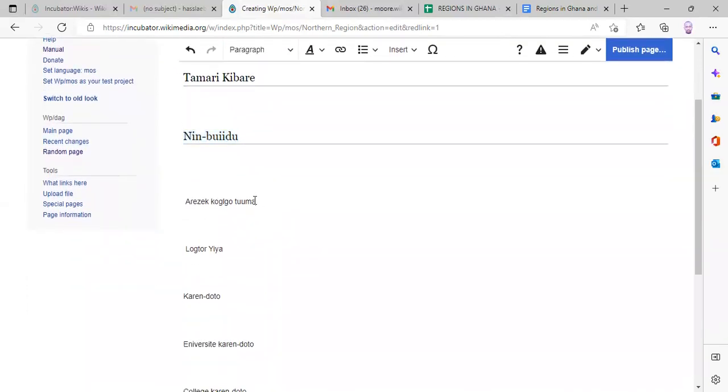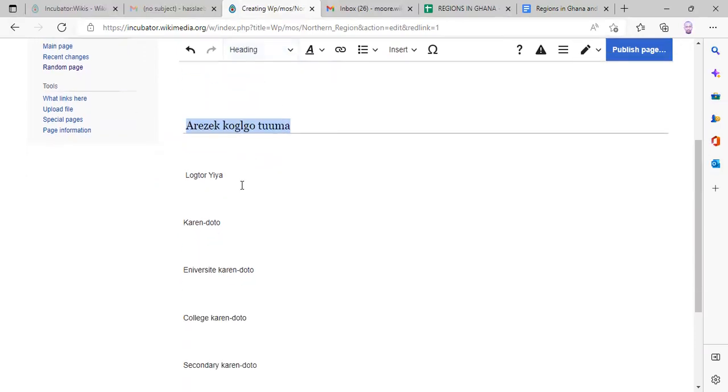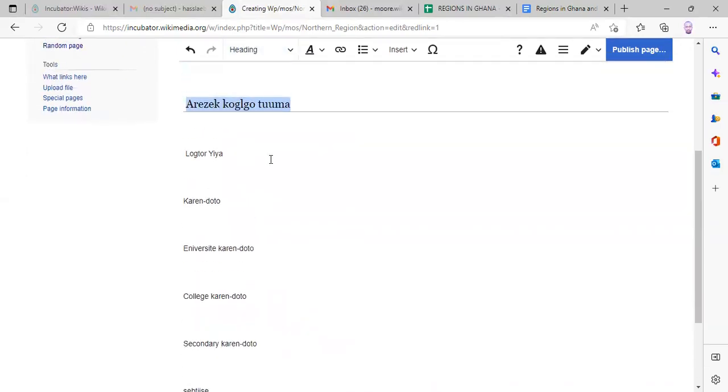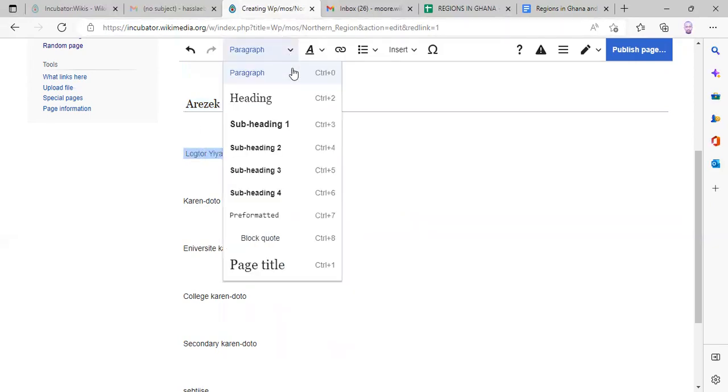Now come and click on Arziki Kogulugu Tuma. That is the economic activities of the region. Heading is a heading. We come to the next one, the hospitals. That is Doctor Iya. You highlight it. You come to the paragraphs.